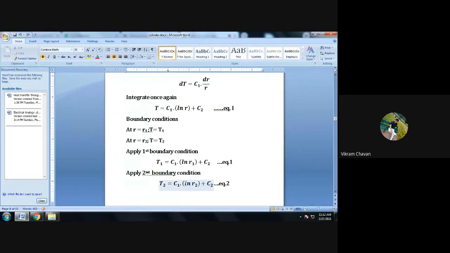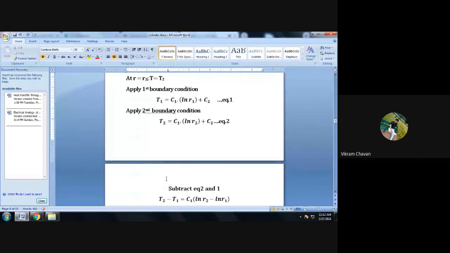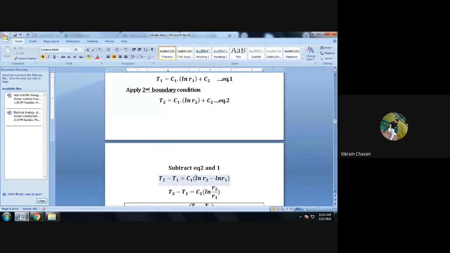Then further, we have to subtract these equations to get one of the constants. We have to perform the subtraction operation. Subtract equation 2 and 1, in such a manner that the left hand side is subtracted from the left hand side and the right hand side from the right hand side. So T2 minus T1 will be our left side, is equal to